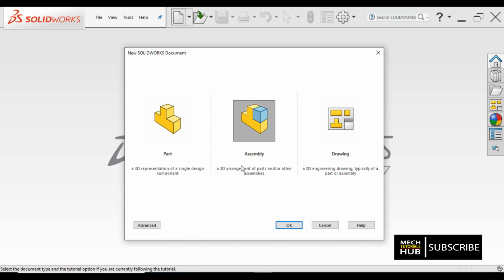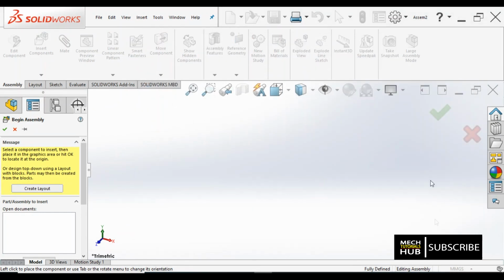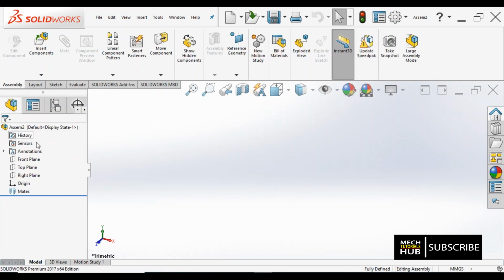For that I am going to a new window where I have three different options, as I have already developed assemblies in my previous videos. So directly I'll go to assembly, no need to create individual components, then assembly, followed by exploded view. Directly, as I have those assemblies in the database, I'll just say OK to this. Once I say OK, I can see a different window where all the options are different. Have a look at it. Today's discussion is based on exploded view.